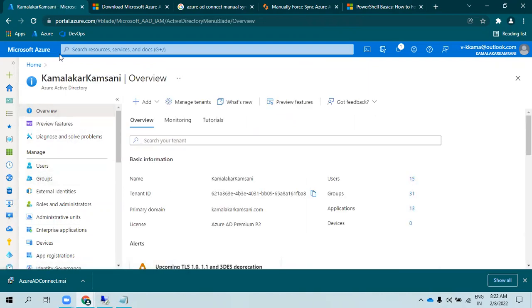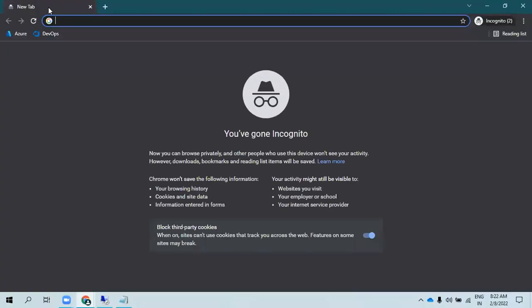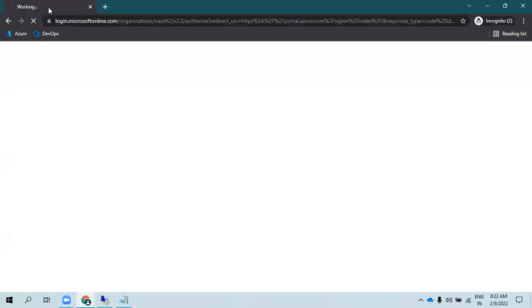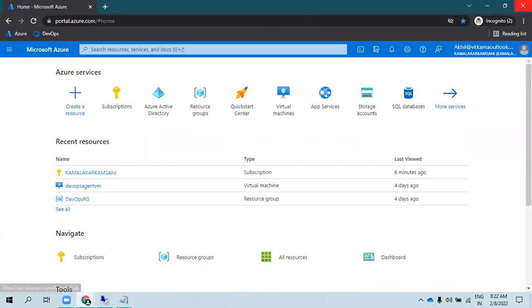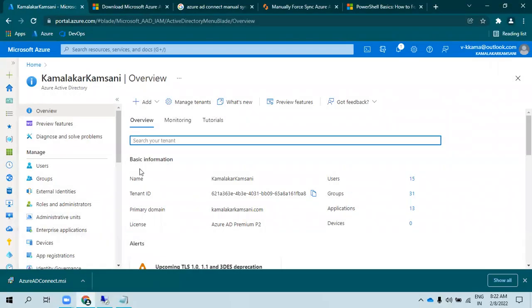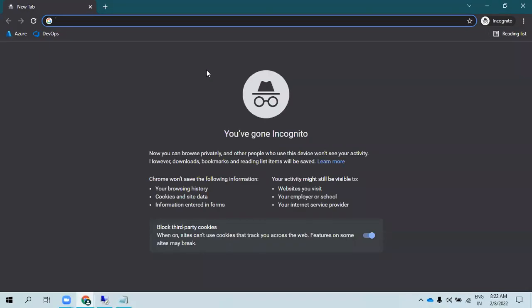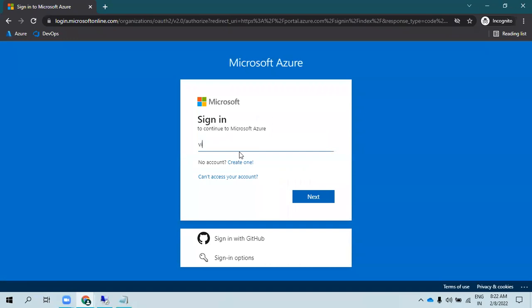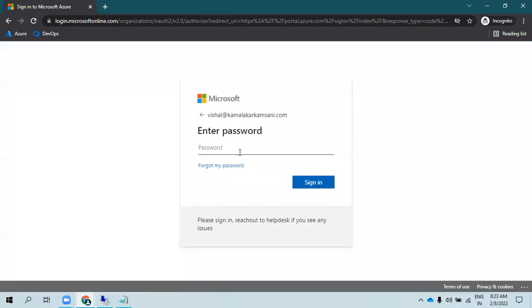What I can do is log in with their on-premises credentials to log into Azure. So I'm going to log into Azure now. Okay, I think I have to close this Akil's account now. Now I can just try to log in. Portal.azure.com. I'm going to use Vishal's account. Vishal@kamalakakamsani.com, right? It should be reachable. You see, it is reachable and